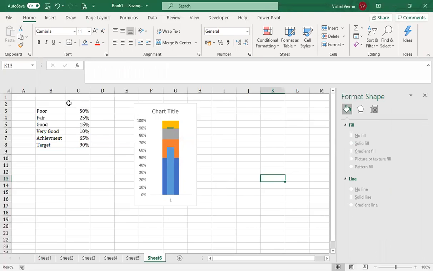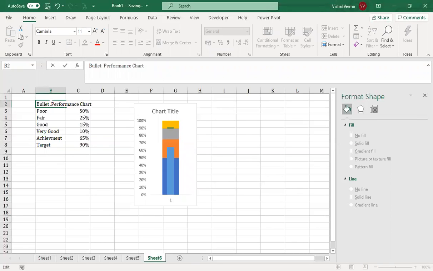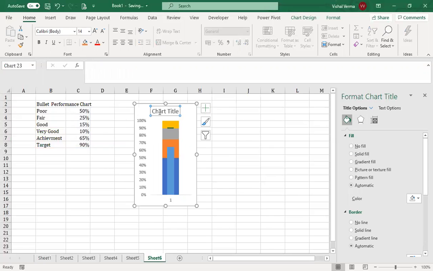So let's rename it as bullet chart, or bullet performance chart. Okay. And let's go to our chart design,